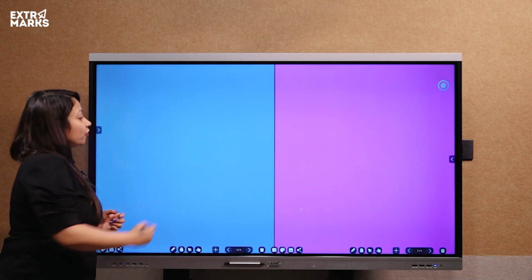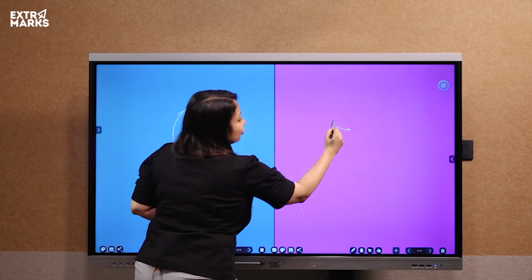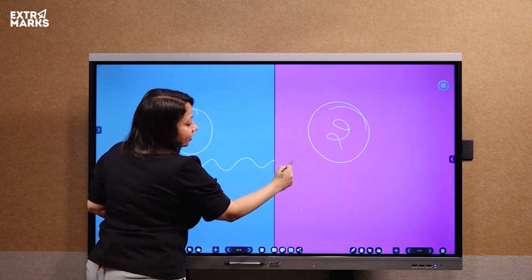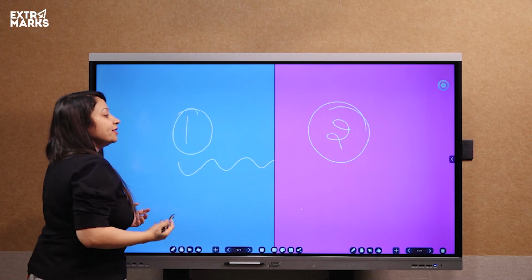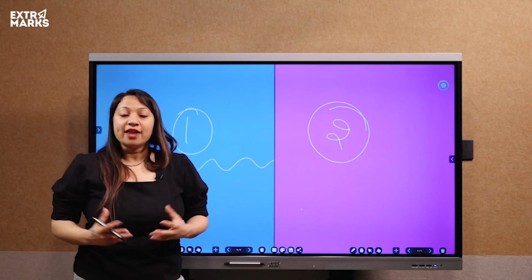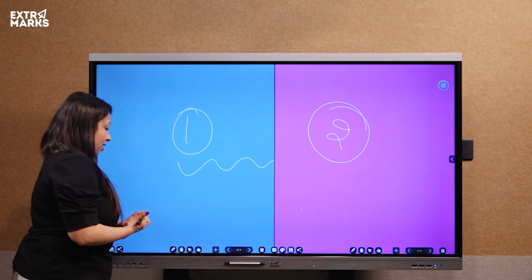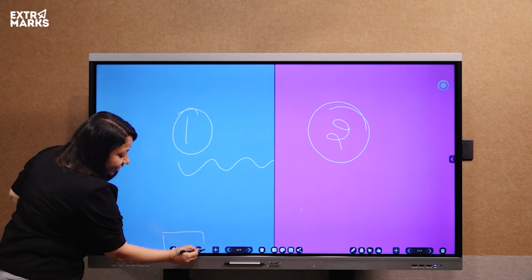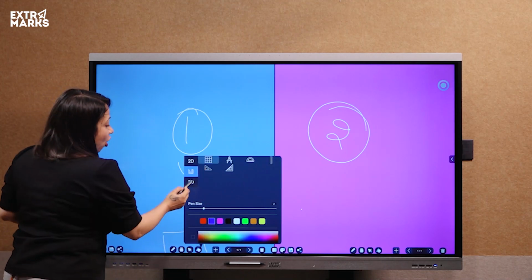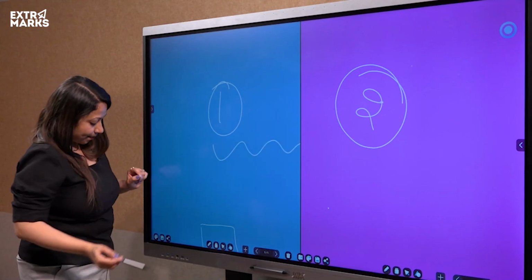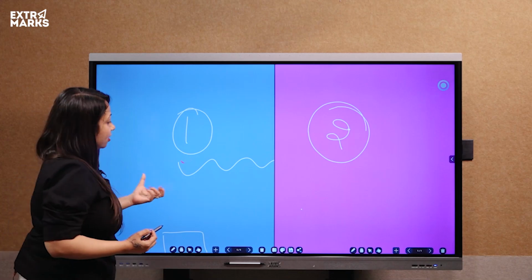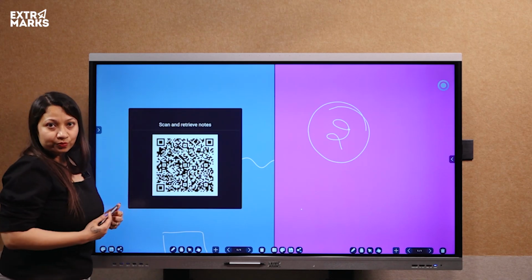These are two individual whiteboards that we can use in the classroom. Now whatever I am writing on whiteboard 1 will not go on whiteboard 2. This is again a great option to have team activities and collaboration in the classroom. User will also get options to insert various kinds of shapes, geometrical tools, or 3D shapes. You can also share individual whiteboard content with the user using the QR code.